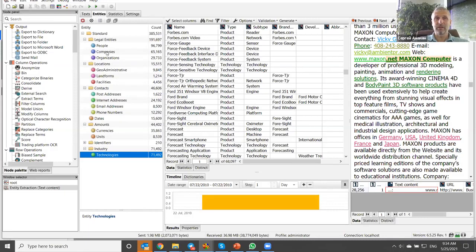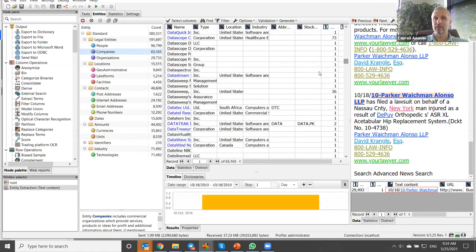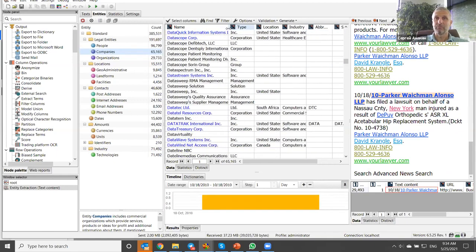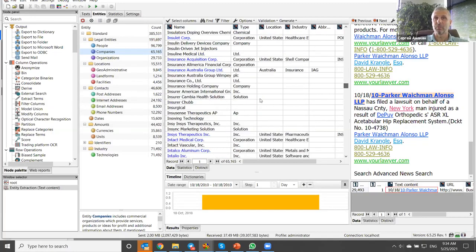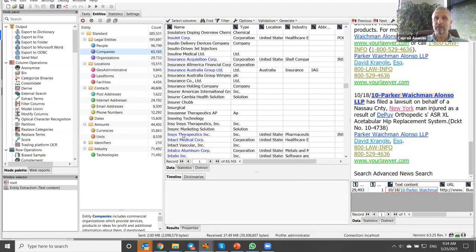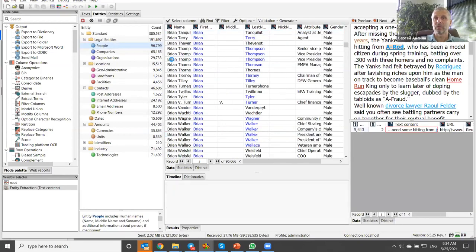You can see that there are lots of people, companies, organizations, of course, that were found in there. Let me show a few examples. These are just standard things. You can see different potential companies here, and the system marks up the documents. There will be people mentioned, but our main interest will not be these people.